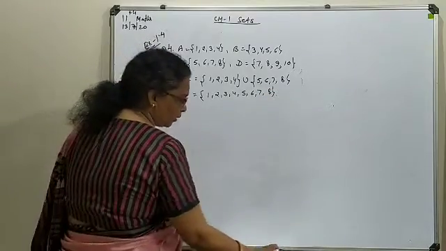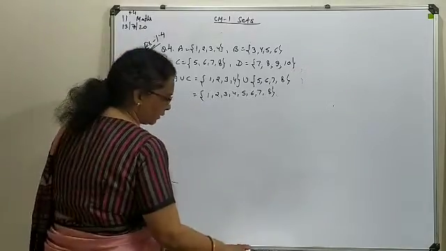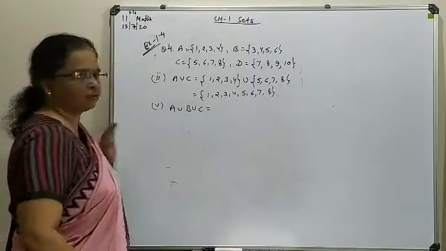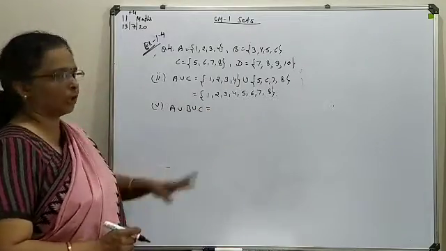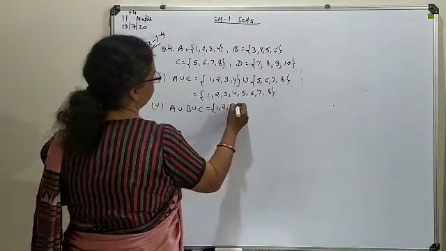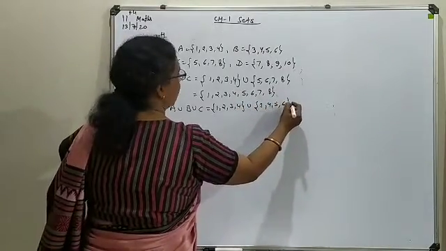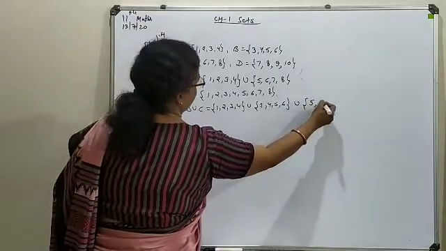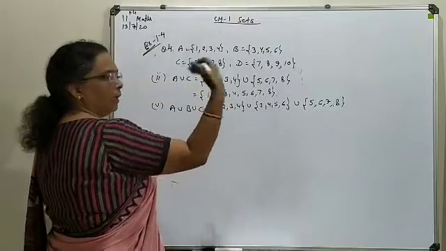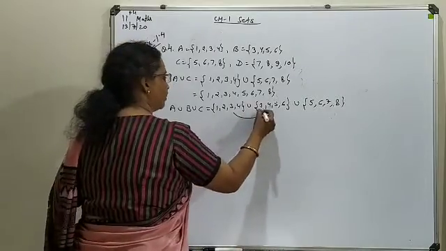Next we are going to attend a combination of 3. That is the fifth part, in which we have to find A union B union C. So we are not going to combine all 3 directly. We will make 2 combinations. So first list out all the elements: 1, 2, 3, 4 union 3, 4, 5, 6 and union with 5, 6, 7 and 8. Any 2 you combine first, then the result you will combine with the third one. So here we first combine the first 2.